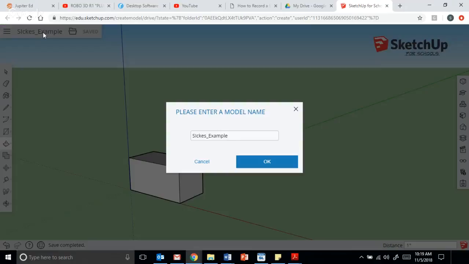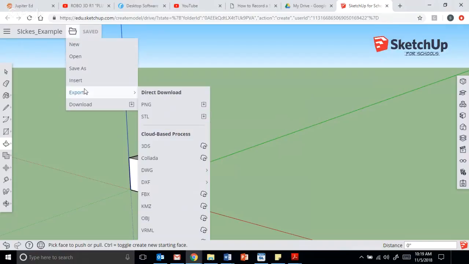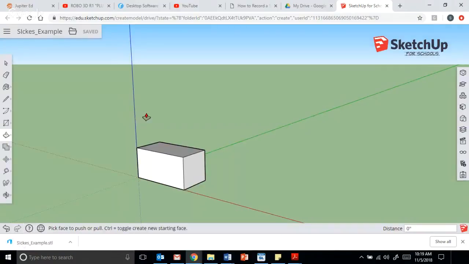There we go. Sorry. You're going to click the folder that's in between the name of your file and the button that says Save. So you're going to click that, and then you're going to click Export, and then you're going to click STL. So STL is the one that we want. And if you highlight over it, it says download model as STL file, and then it says for 3D printing. So you click the STL, and it's actually just going to download immediately onto your computer. And this will just be in your downloads